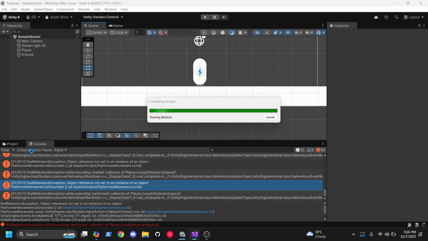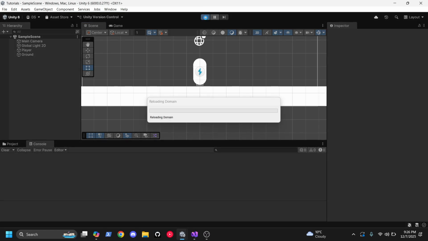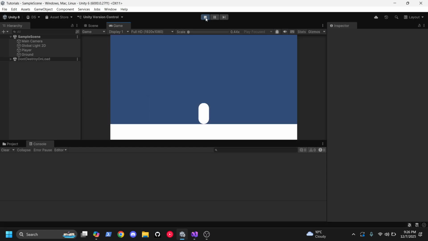Basically, if you're ever writing code that needs to assume something, don't. That code was assuming the box hit something, which sometimes it won't. Or you might assume the player has a rigidbody, which it might not have. So you want to write code with if statements and things like that, or require components that will take away assumptions for your game. If I play the game now, hit the space bar to